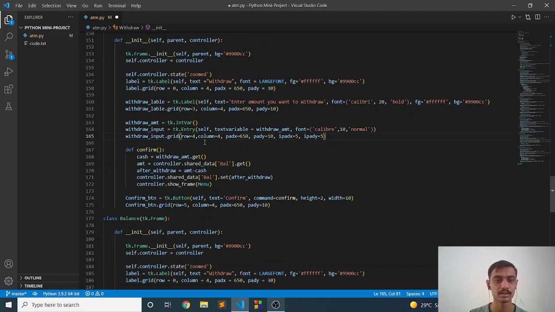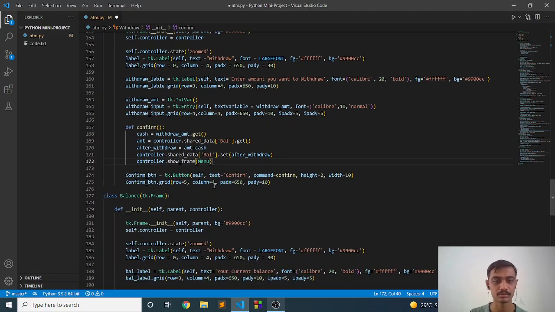When he hits the submit button, the confirm function will run, and it will get the amount that the user has entered, and it will also get the amount that is currently present in the user's account, and it will subtract the amount that is withdrawn, and update the user's balance, and then it will navigate to the main menu.